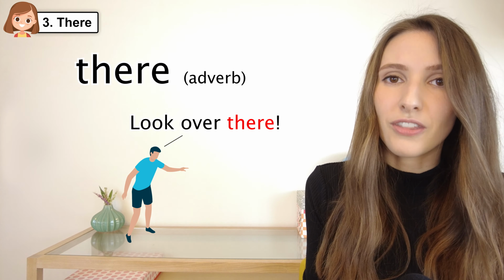Now let's practice. Which one should we use? I don't think there's any more milk in the fridge. We need to buy some more. Remember that they is a plural pronoun, so we cannot use it with is, which is the singular form of be. And there comes before a noun, not a verb. Next sentence.